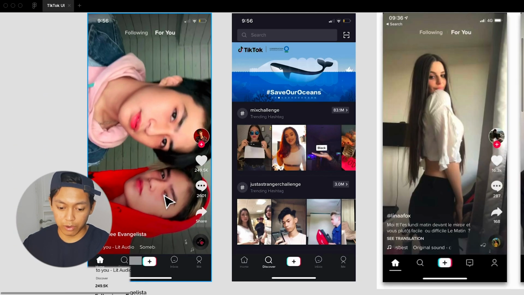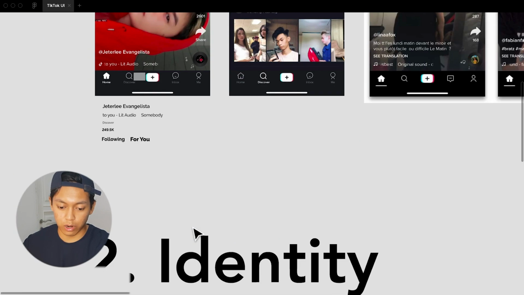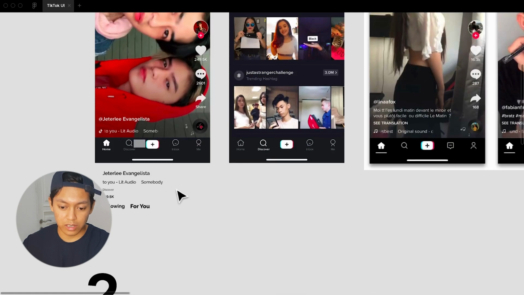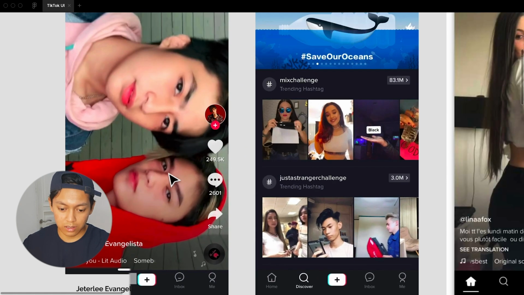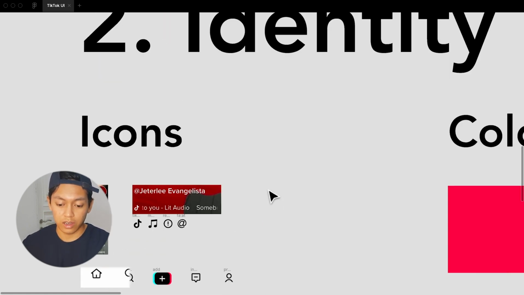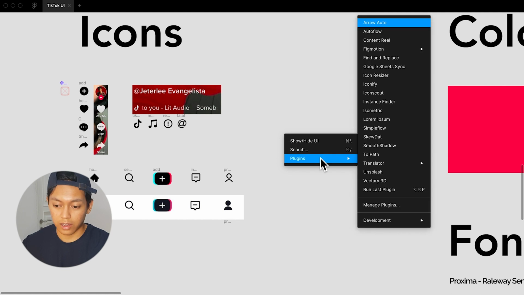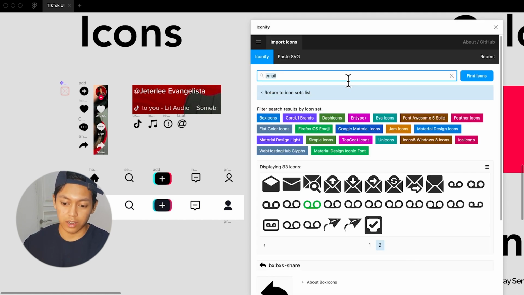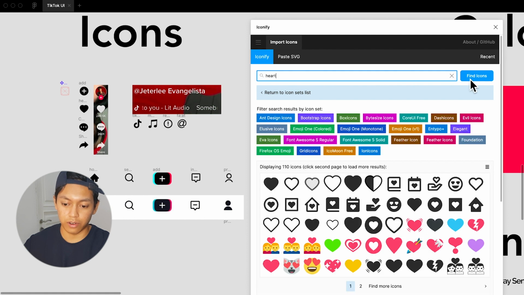So now that we have our references, the first thing that I did was to capture all the icons. Now all these icons, you can find similar ones online. I personally used a plugin called Iconify. So from here you can search any icon, so a heart, for example. I actually used the heart from this plugin,